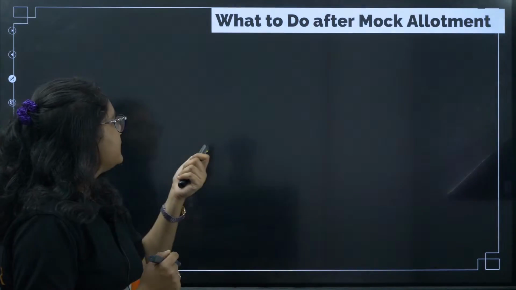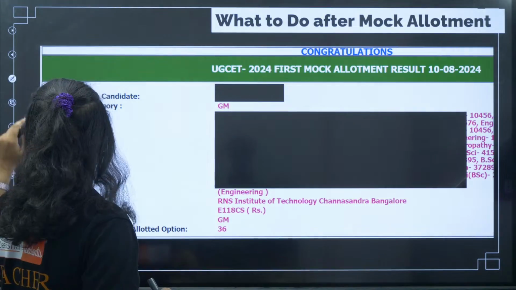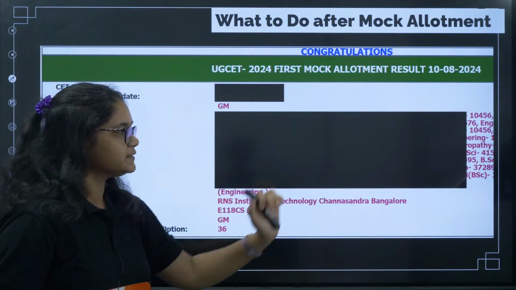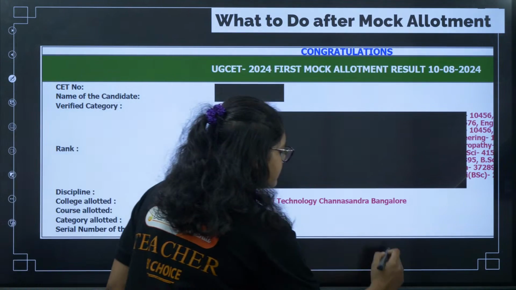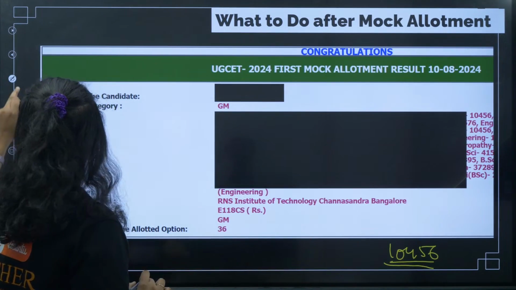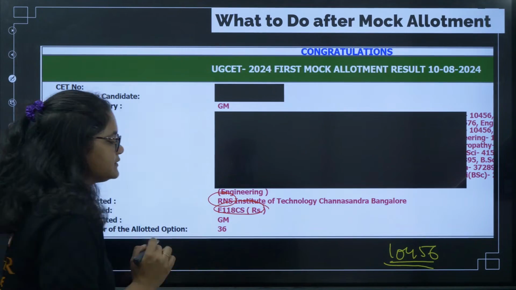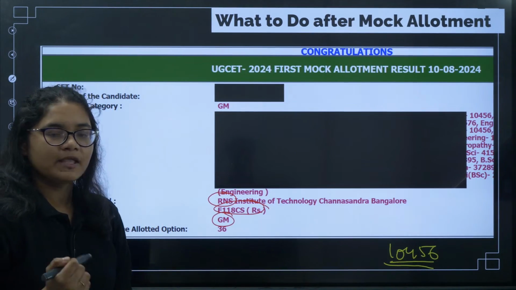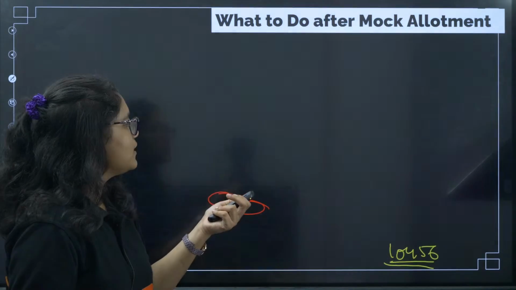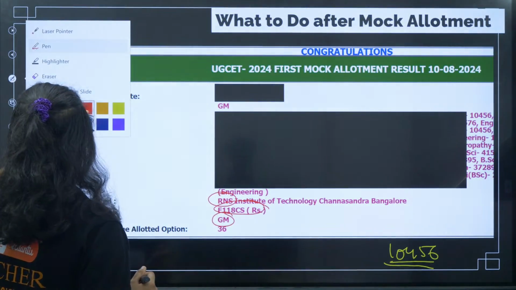Okay, now coming to the next thing, what to do after mock allotment, third thing. Now you can see here for this particular student, I have taken the mock allotment result of a student, and the general merit rank for engineering is 10,456, and the student has got RNS Institute of Technology and Computer Science in general merit. Now you see the student rank is 10,456, and this year cutoff, if you see, 11,000, right, something